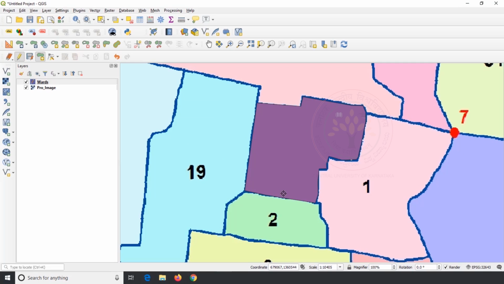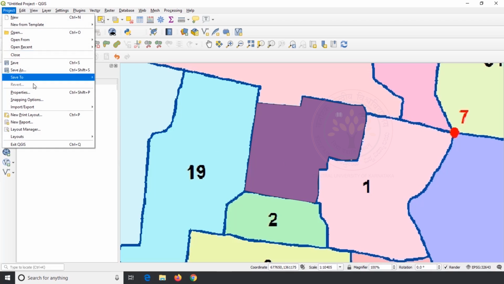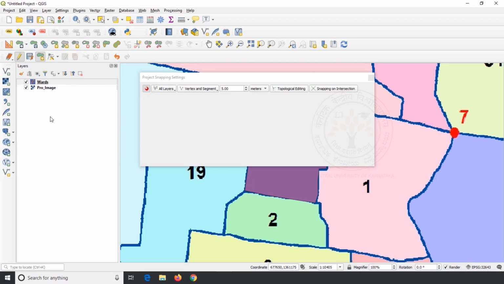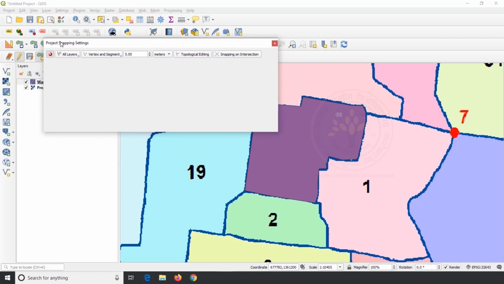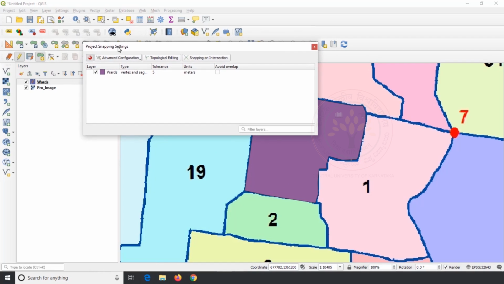To avoid overlap and gaps between the boundaries of adjacent polygons, we should use the snapping option. To switch on snapping, go to Project on the menu bar and click on Snapping Options. Click on the magnet icon and activate the other options on the toolbar. Change into advanced configuration in the second tab.